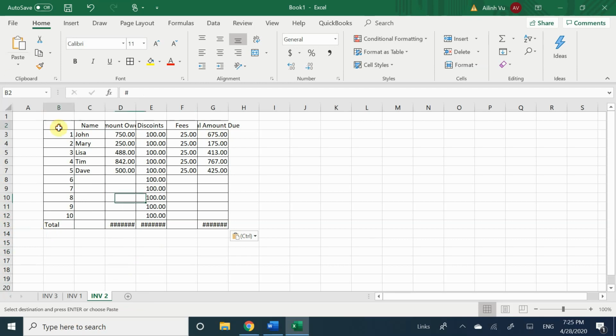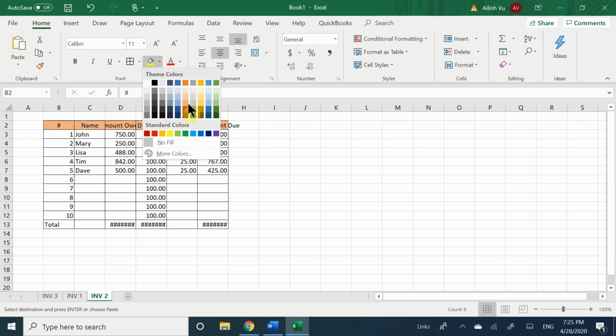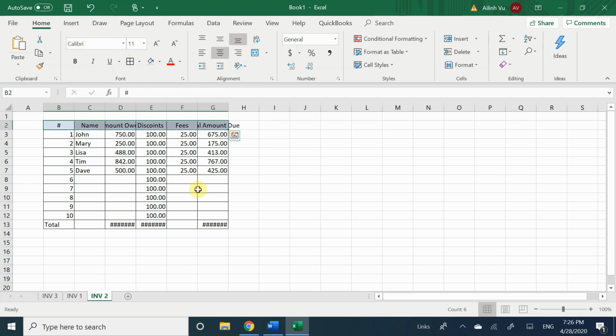And again, you can design it in whatever color you want. So other things that you should know are the very basic general things. How do you change the format? How do you change the color of the font, which is right here? How to change the size of the font, change the font itself. How to use the fill bucket tool. So if you want to change the top part to a specific color, you can do that. So then your table looks like an actual table. Again, those are just little simple things that you should already know